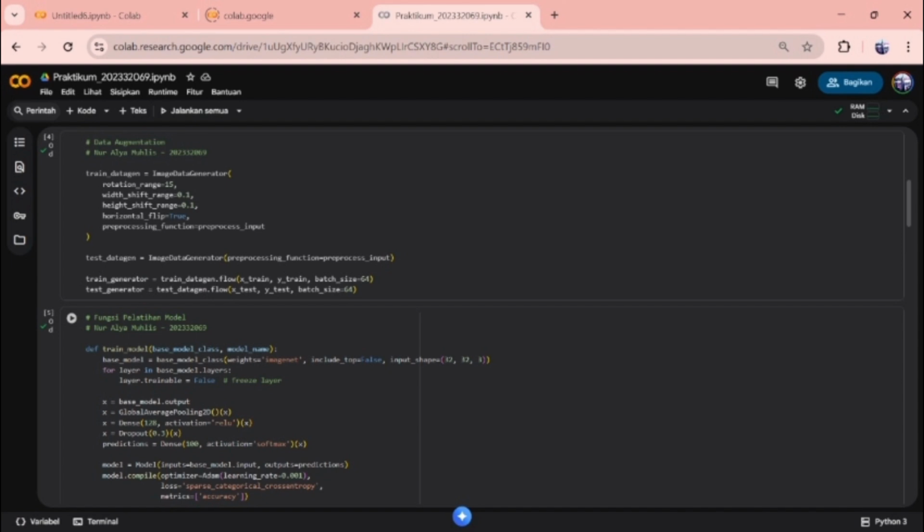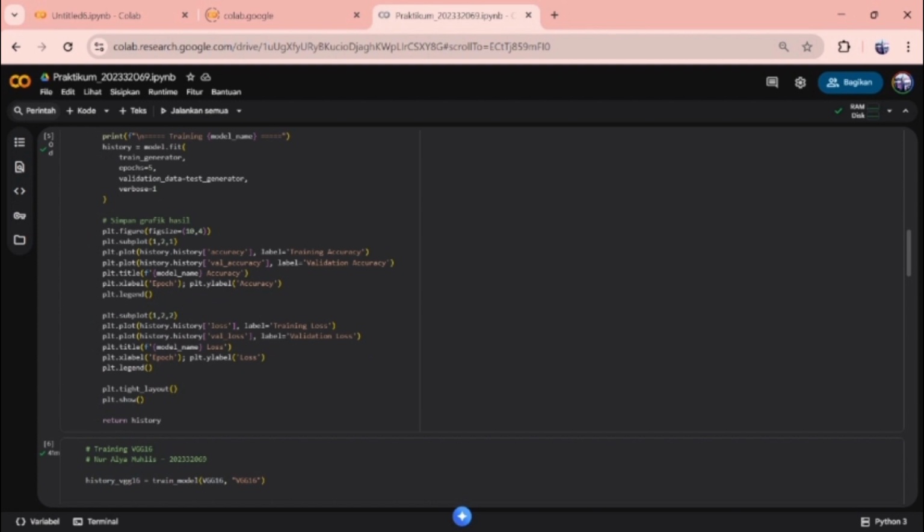Finally, it compiles, trains the model for 5 epochs, and plots the accuracy and loss graphs.